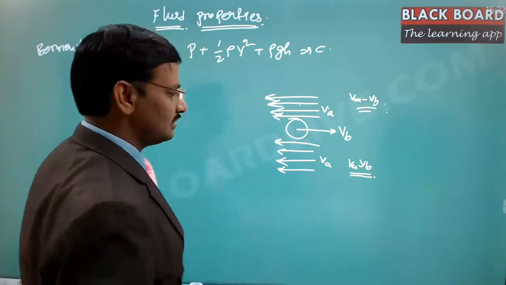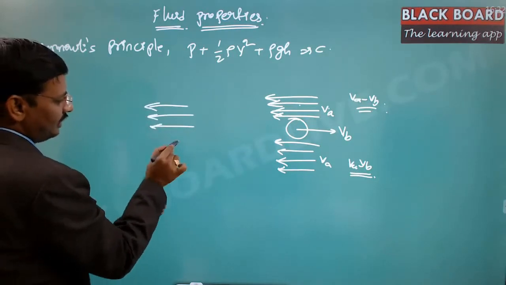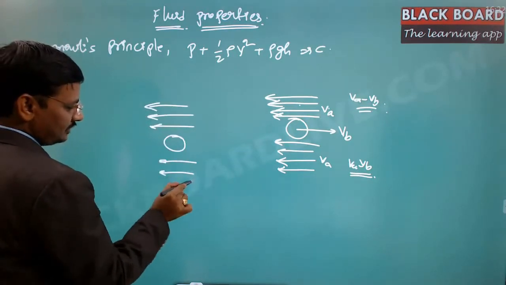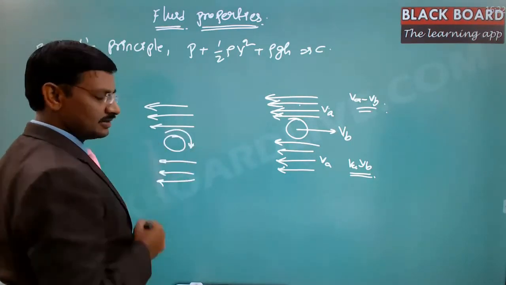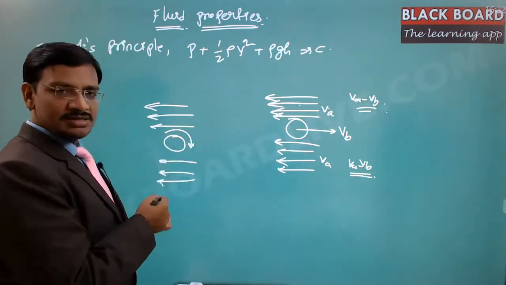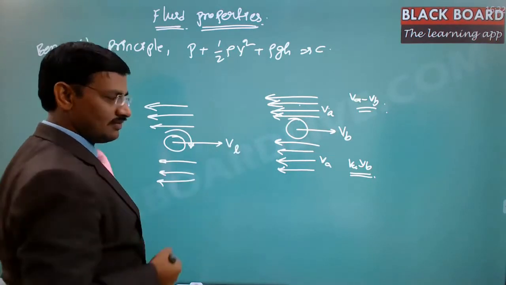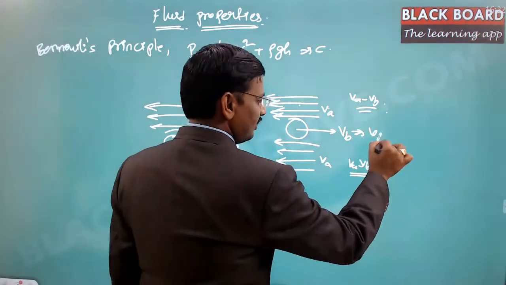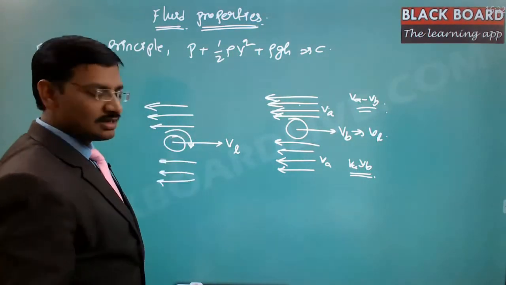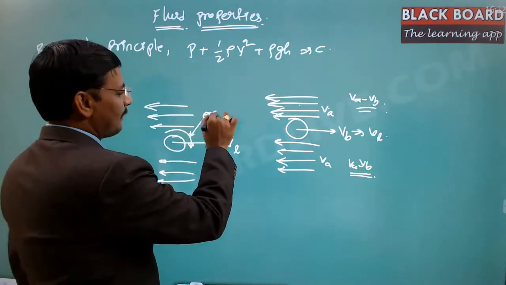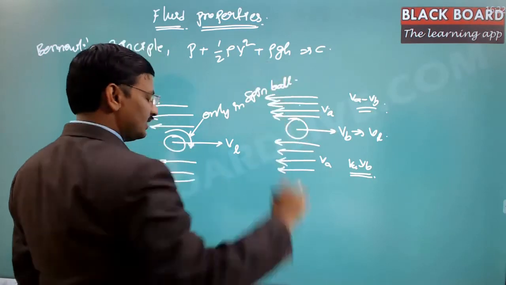Now the other case is the spin ball. If you notice, the air is moving in this direction and this is the ball, and there is a rotation of this ball, let us say in this particular direction. Let us say the peripheral velocity of this ball; we are not talking about the linear velocity. This is what we say is the linear velocity, which we treated as the ball velocity here. Now there is another velocity called the peripheral velocity that comes only in the spin ball.